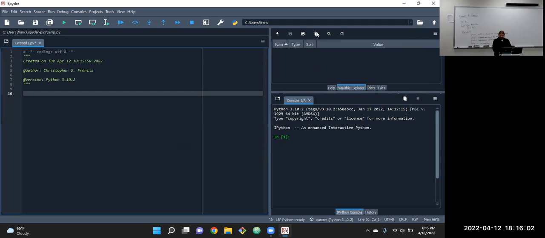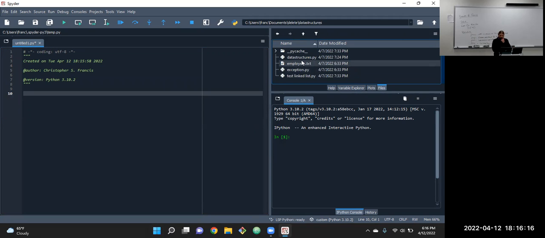I think I still have the files from the other day. I tried to leave them in the delete folders and go right back to where we were on Thursday. Okay, good, I didn't delete. So